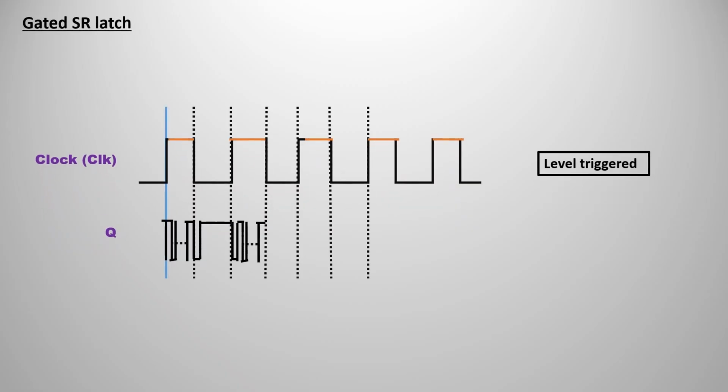This is one of the reasons that latches are not used very regularly. We use flip-flops much more because of the latches. I am not talking about the transparent latch, I am talking about only the gated SR latch. As this is level triggered, the output will change very fast: at a single level, the input will come, the output will go; input will come, output will go. This is the procedure. Level triggered latches change their outputs almost instantaneously. We don't want that. We want to change our output according to our wish and our requirements. You can also see that in the simulation.